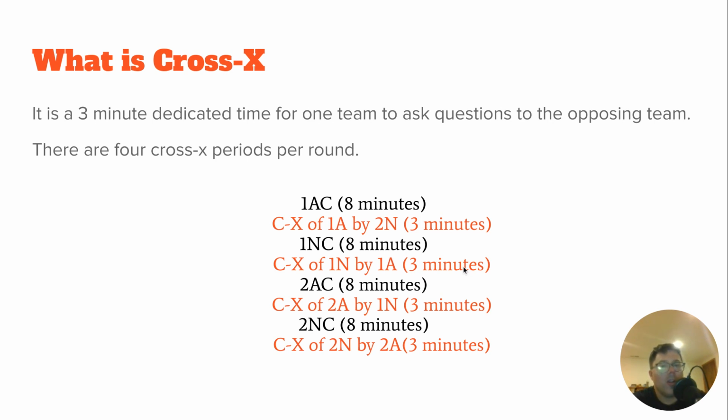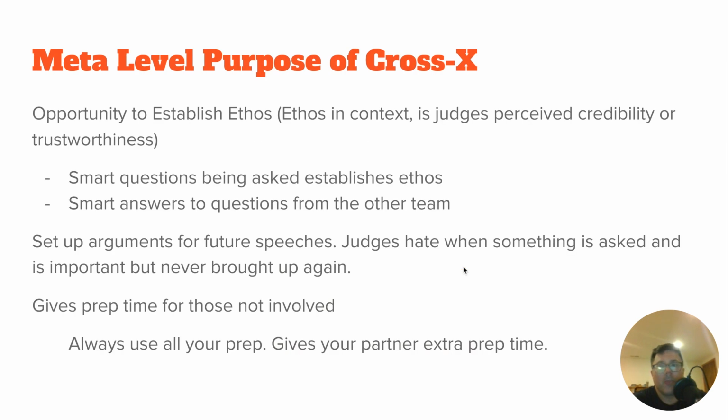There is one thing called open cross-ex, which is where all 4 people can be involved in the cross-ex at any given moment. You just have neg asking affirmative questions or affirmative asking negative questions. That's something that happens in really advanced rounds and college rounds, but not something you traditionally want to do when you are first getting started in debate.